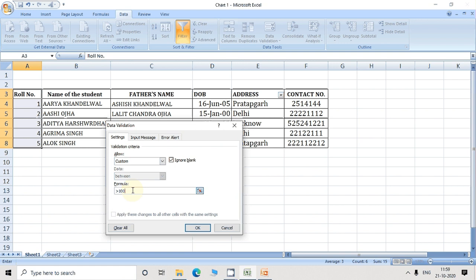Under the settings tab, select the whole number option from allow. In allow, use the custom option. Then in the formula you put here less than 100, then click OK.